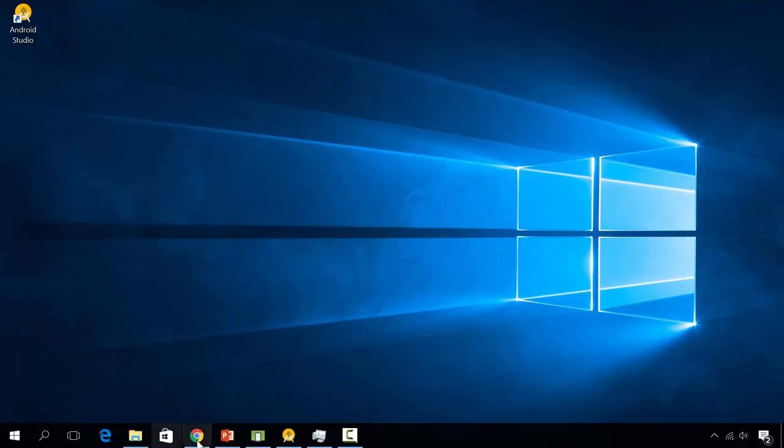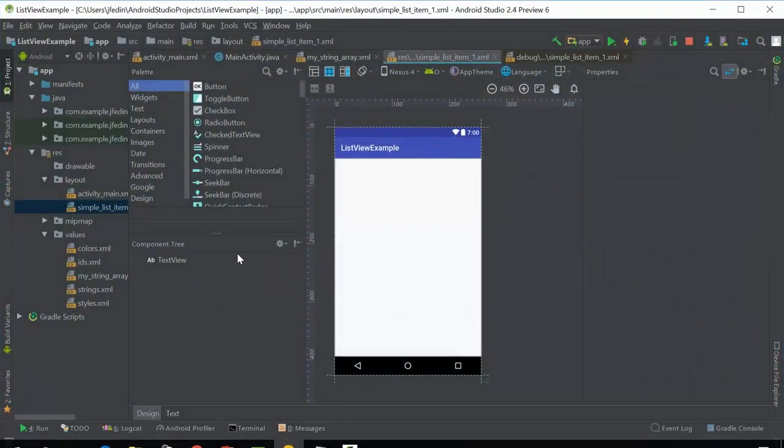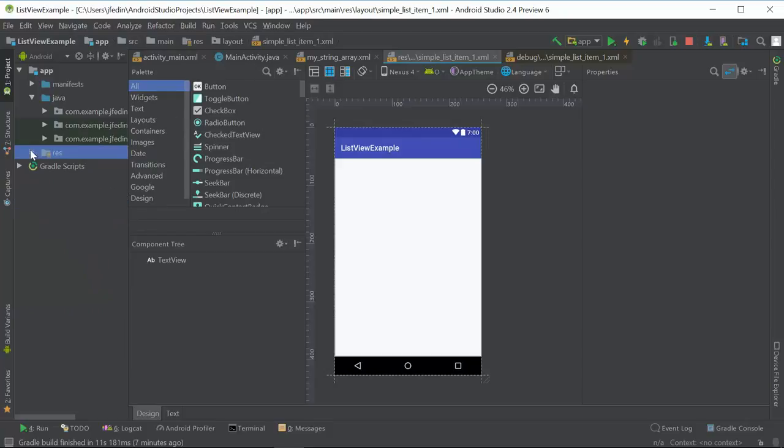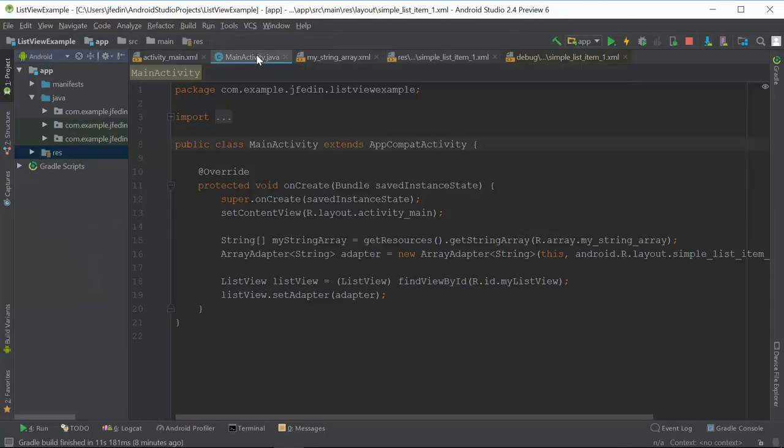So the first thing we need to do, we're going to still use our list example from our previous lecture. The first thing we need to do is define the model. This is creating the Java class, the Java object that has our fields in it that we want to map to the list view. So we need to go to our Java source code, get out of our res folder, and go to main activity,